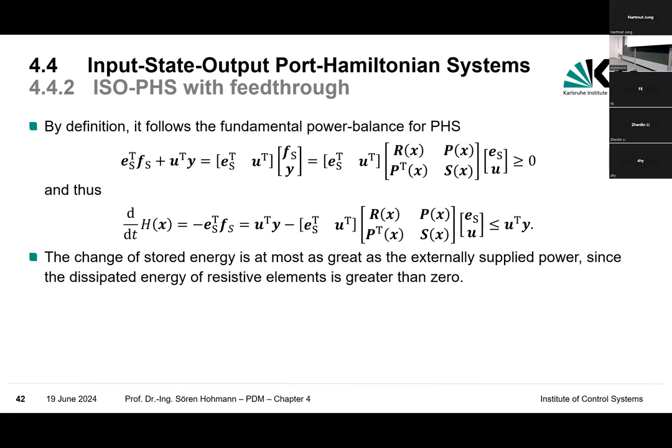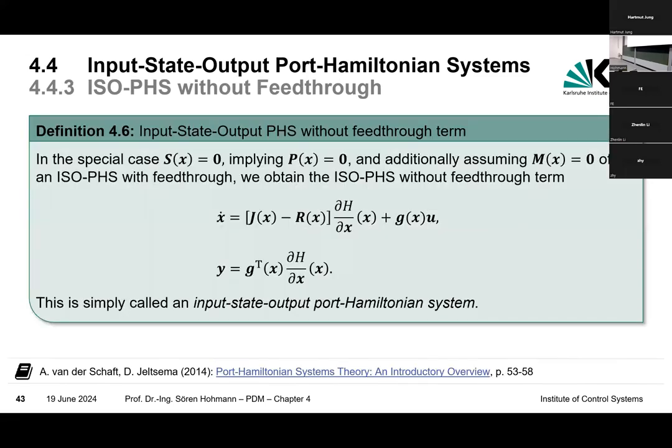And this is one of the fundamental facts why these kinds of systems, these kinds of descriptions, are helpful, because with that you can describe, for example, stability and such things. I want to show you this in a second. Okay, but up to now it's just a description of the system. So in many cases we can say some of the parts are missing. This is, for example, the definition of an input-state-output port-Hamiltonian system without the Dirac structure, which very often applies